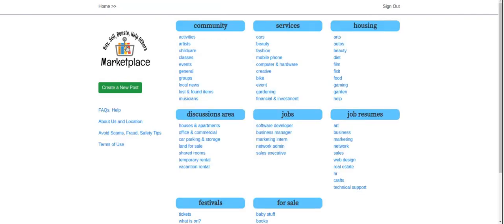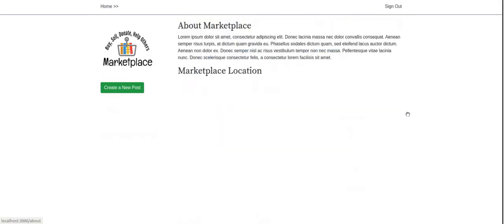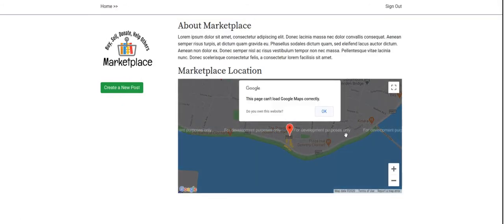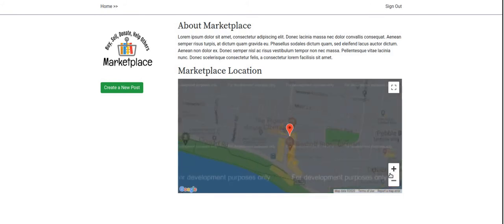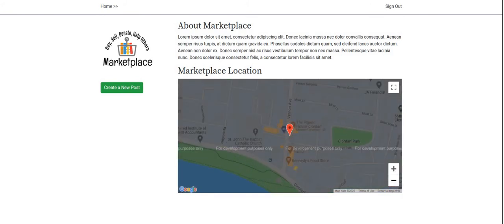One of the external data sources I'm using is the Google API. I show it now, and I show you the code later on as well. This is for development purposes only, because if you want to have full access to it, you need to provide your credit card details. But I didn't want to provide it, and it's the same. The difference is you get it here. So I set up this location using latitude and longitude,